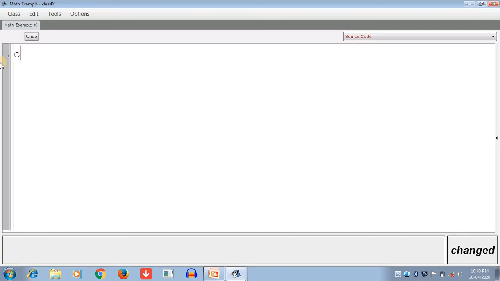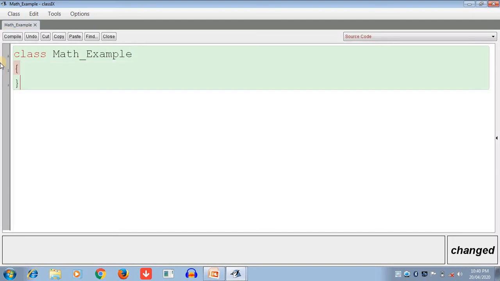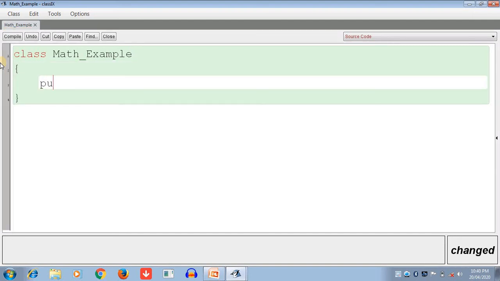Now here we declare the class name first, and here write the class name Math_example, and write the main function statement.